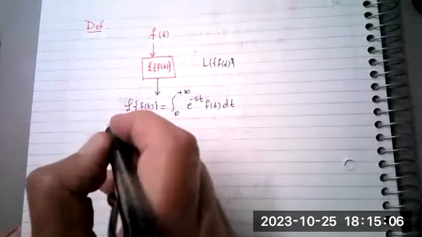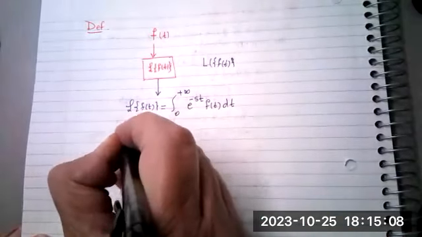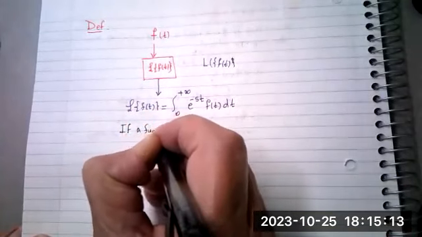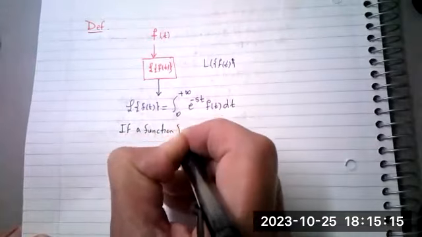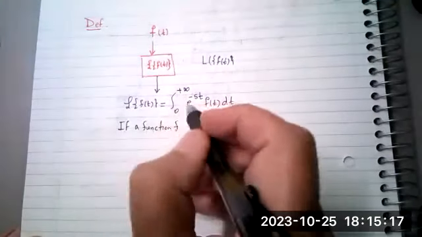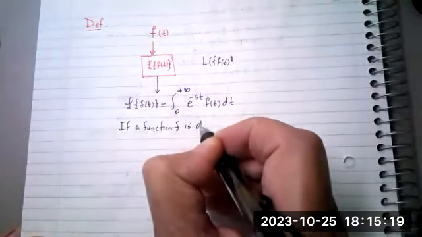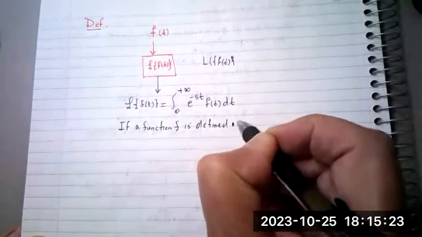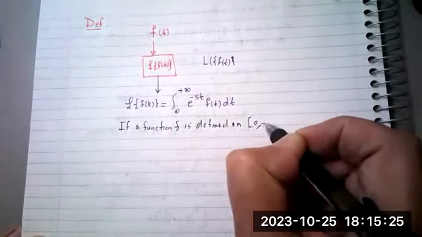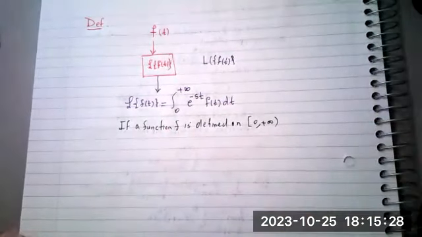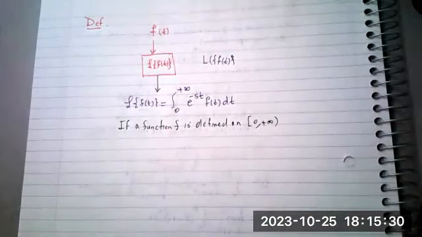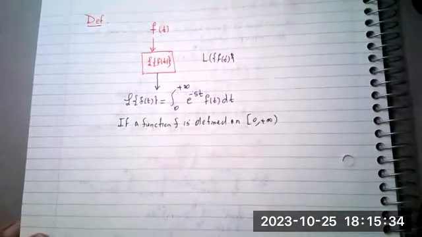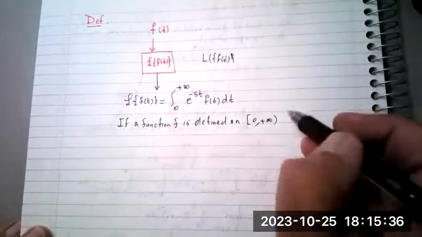If a function f is defined on this interval. The interval must be 0 to positive infinity. It may be defined all over the place, but you want to make sure that it's defined in this interval that you want to indicate, okay? If it's defined in this interval, then